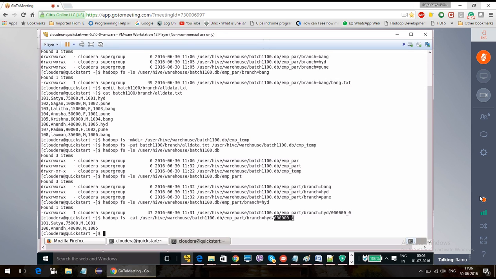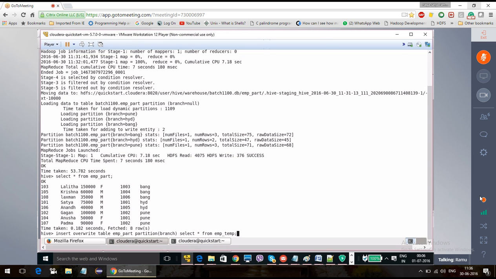Now, this is called dynamic partition. What is static partition? Suppose you want only a particular branch's data, either Hyderabad or Bangalore or Pune, you can select from this table.